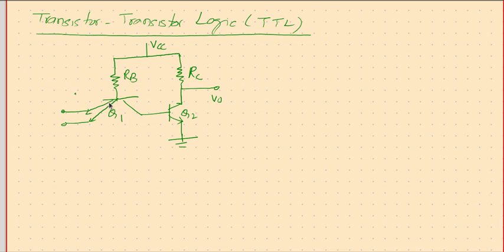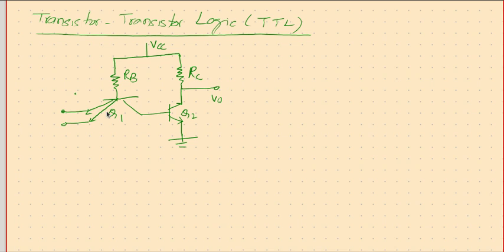wherein the two diodes are replaced by two PN junctions, and these two PN junctions are built in one single transistor. That means it will have one collector, one base, and more than one emitter. So in this case we have two emitters. So this circuit is specially built to have two PN junctions, common base, and two different emitters.